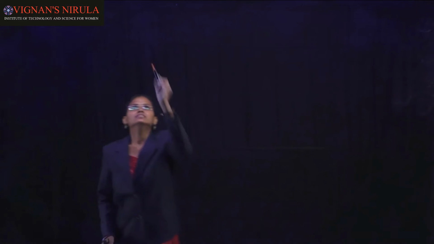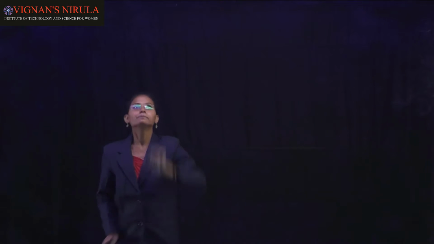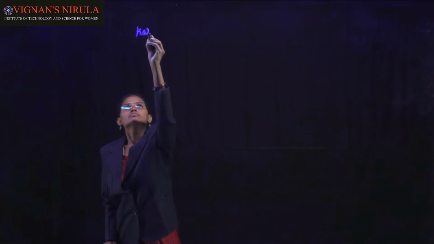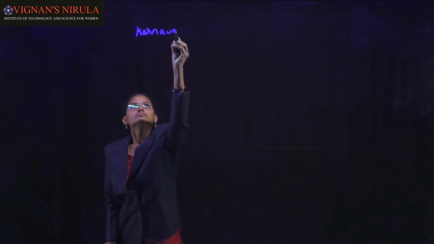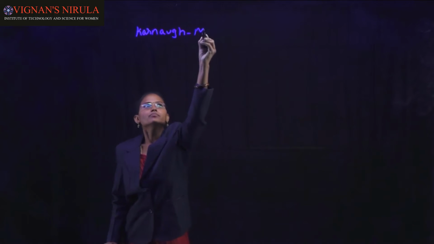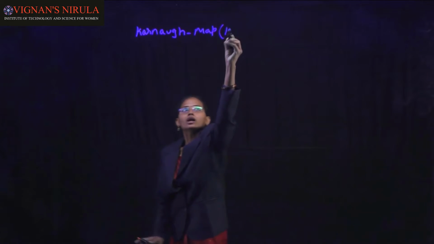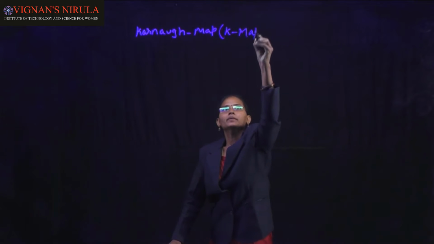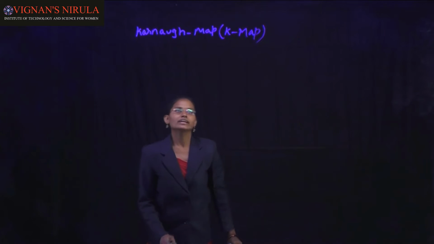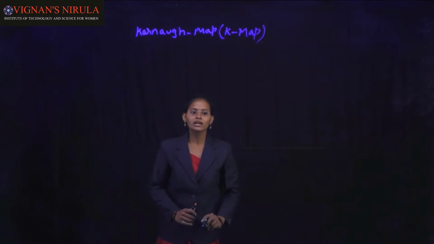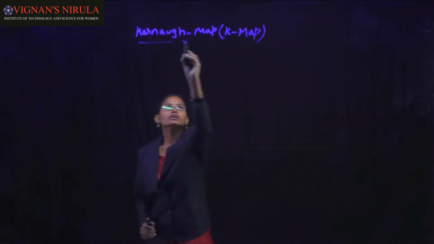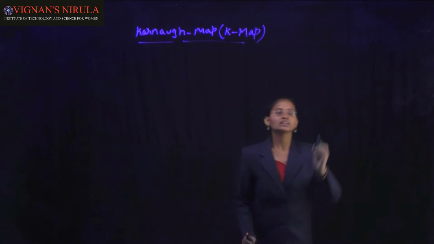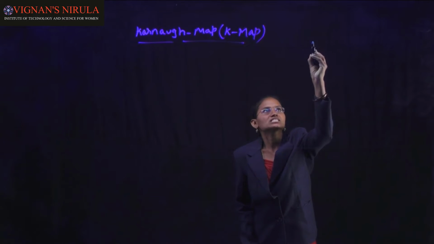And next topic is Karnaugh map, simply called K-map. In the K-map method, we don't use any Boolean theorems or any Boolean rules. Okay, here the K-maps are classified into,